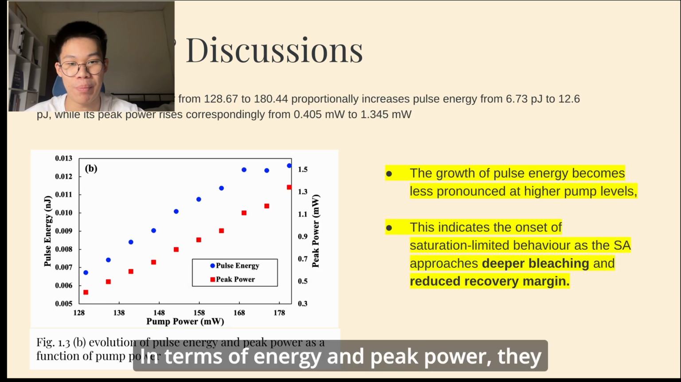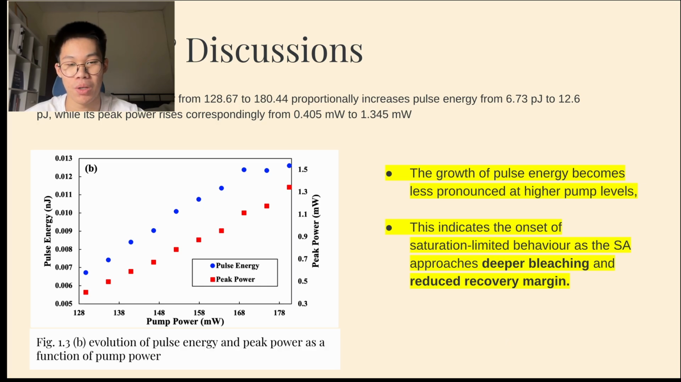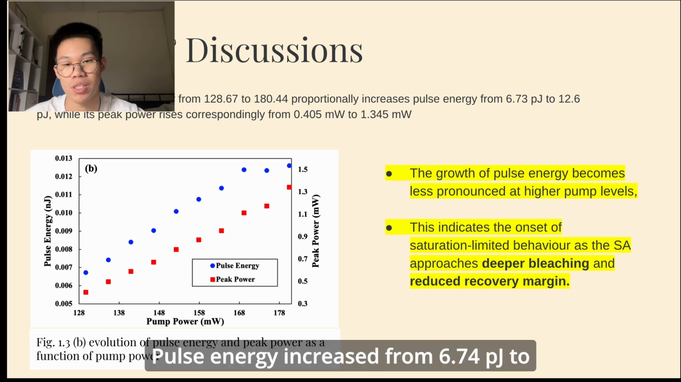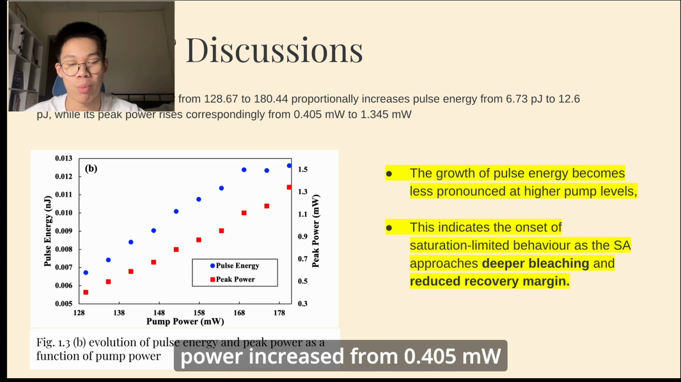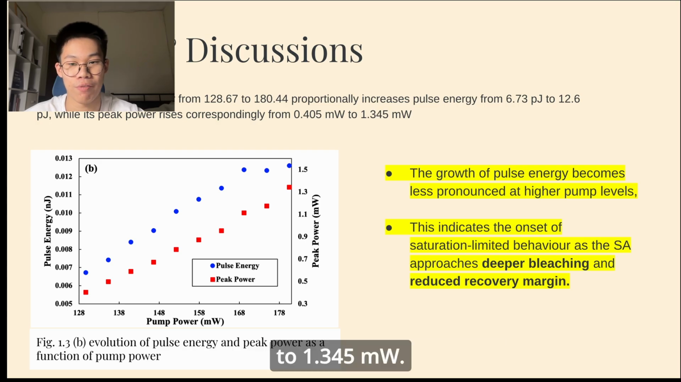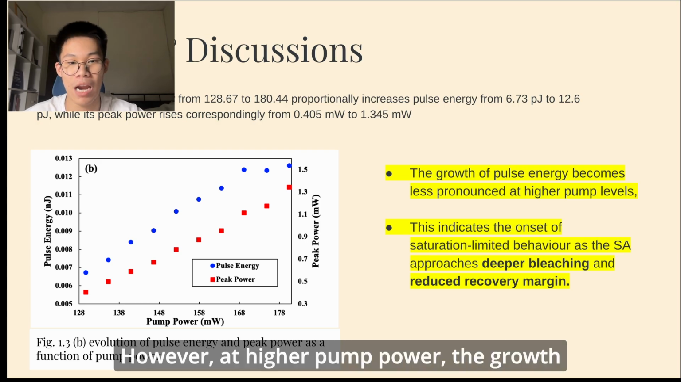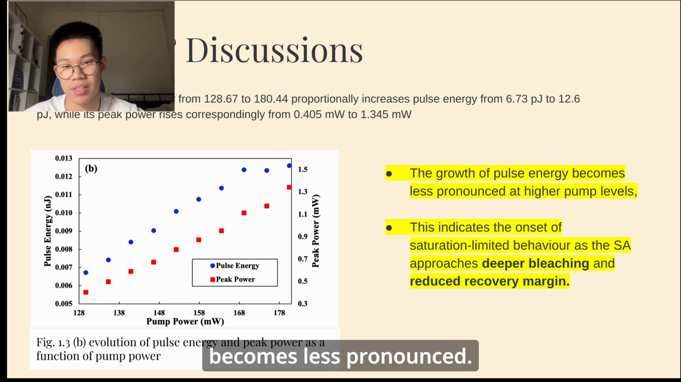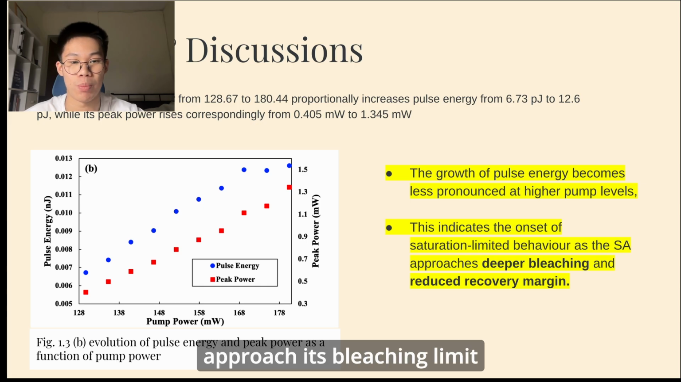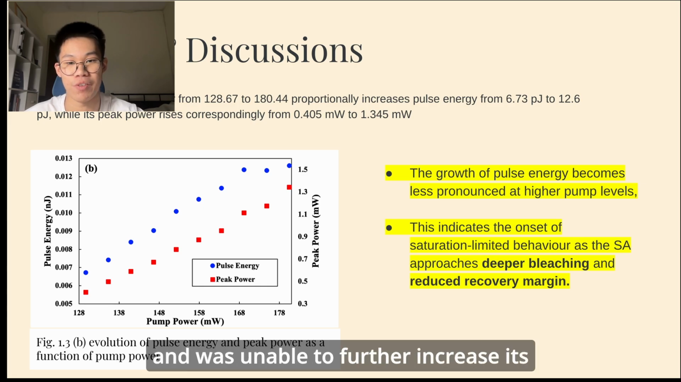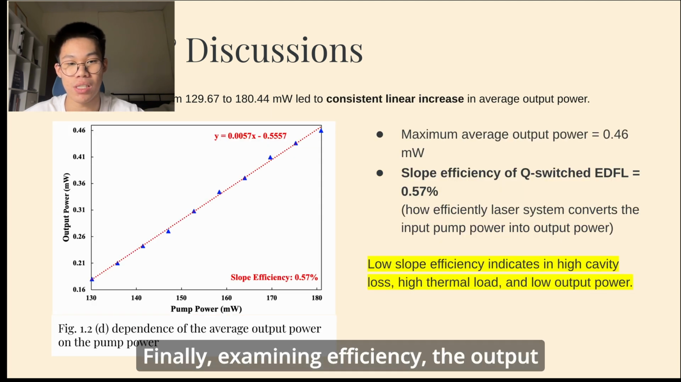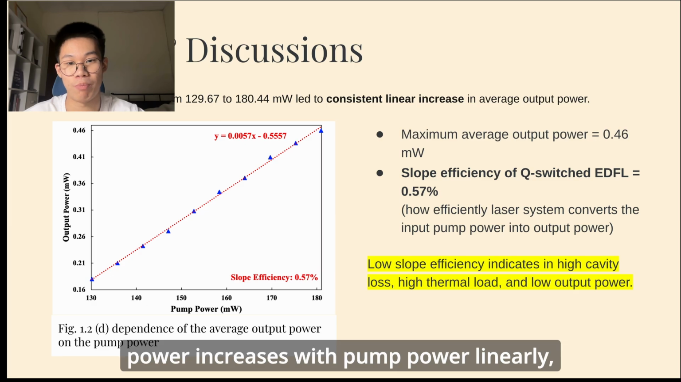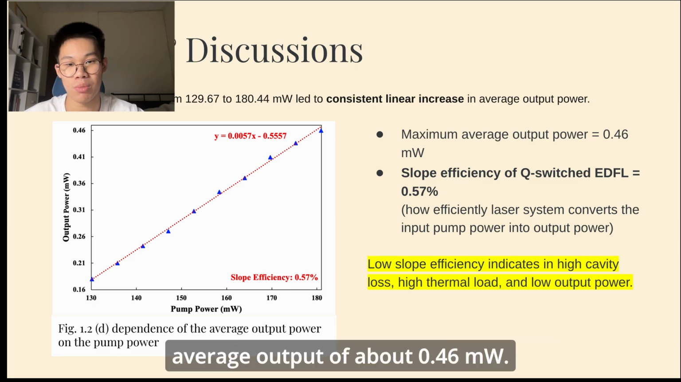In terms of energy and peak power, they both increase with pump power. Pulse energy increased from 6.74 picojoules to 12.6 picojoules, while peak power increased from 0.405 milliwatts to 1.345 milliwatts. However, at higher pump power, the growth becomes less pronounced. This indicates that the saturable absorber had begun to approach its bleaching limit and was unable to further increase its modulation depth effectively. Finally, examining efficiency, the output power increases with pump power linearly, reaching a maximum average output of